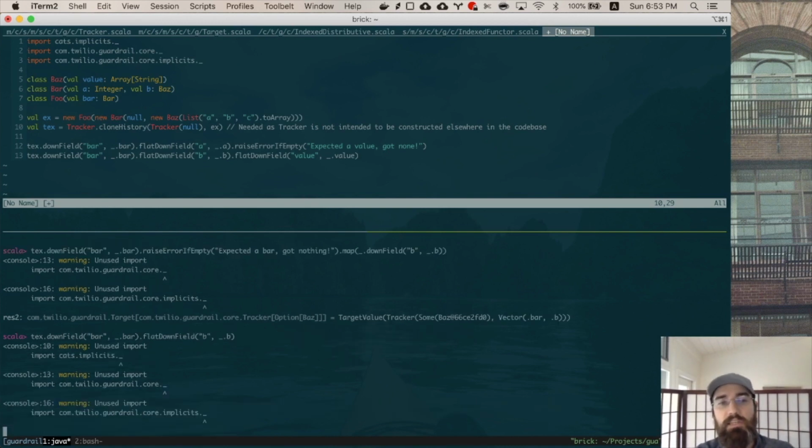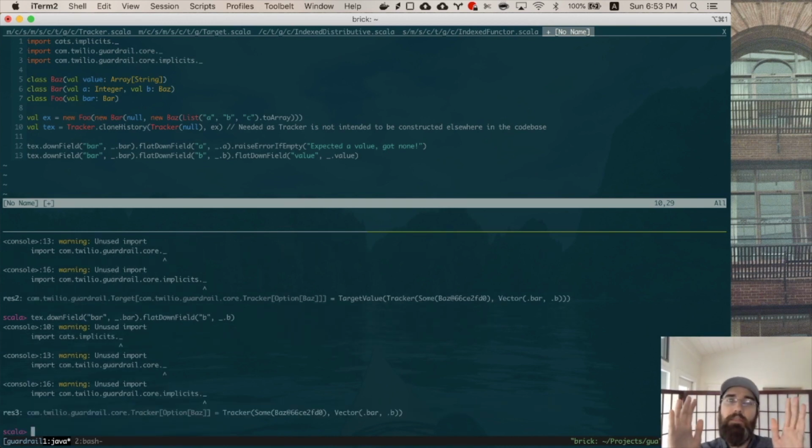In this case, it's flattening the fact that the outer thing was a tracker of option, and the inner thing is also going to be a tracker of option. It uses convincer to try and figure out what the types are and make sure that they align. It has some magic as well to make sure the types end up close to what you generally want. In most cases, it does what we want. I think in all cases, it does what I want. But if it does something that doesn't work with what you expect, then definitely raise that as a bug,